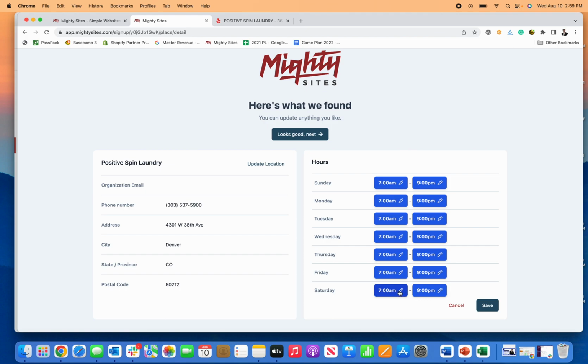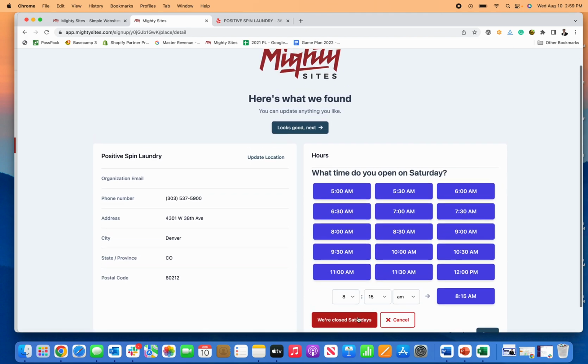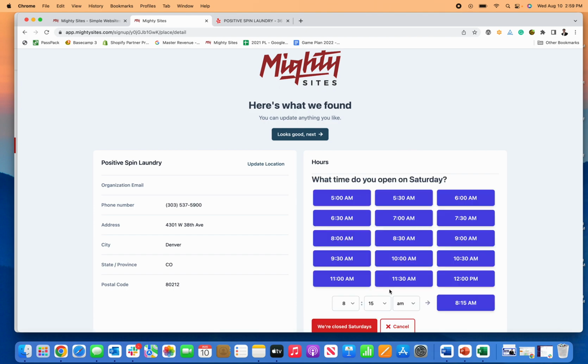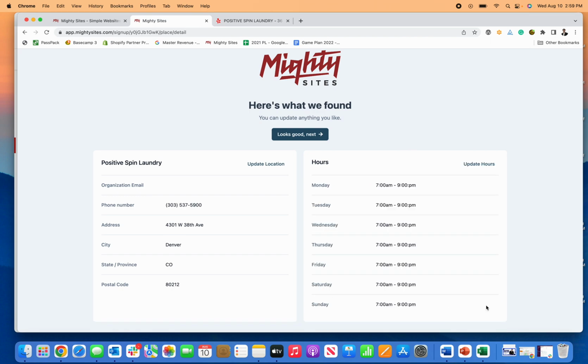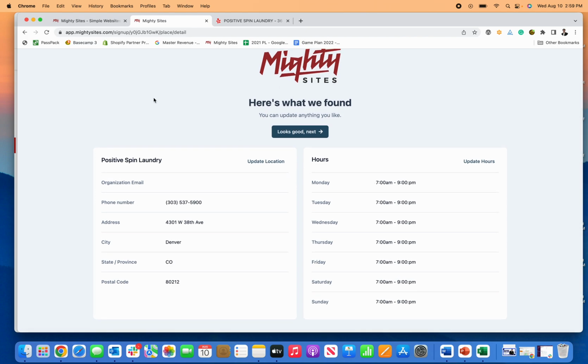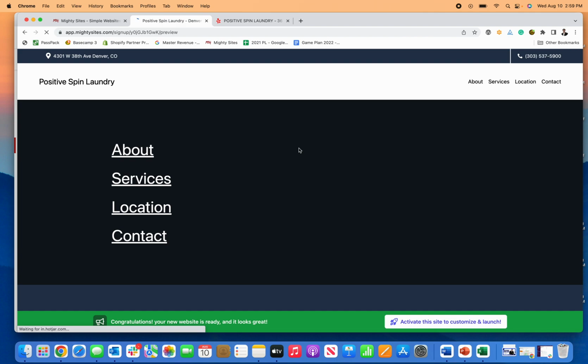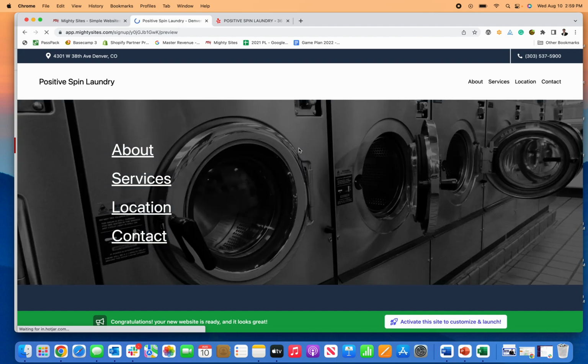If I want to mark, let's just pretend I'm closed on Saturdays, I can mark closed on Saturdays and click save, but we're open 7 a.m. to 9 p.m. So I'm just going to click 7 a.m. open, and then we close at 9 p.m. Super easy, click save, and then my hours are all set. Once this basic information is ready, click looks good, next,